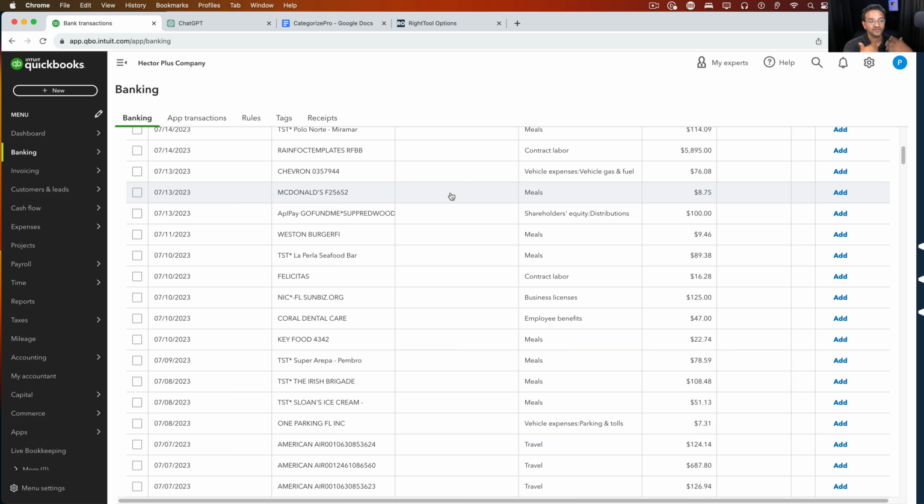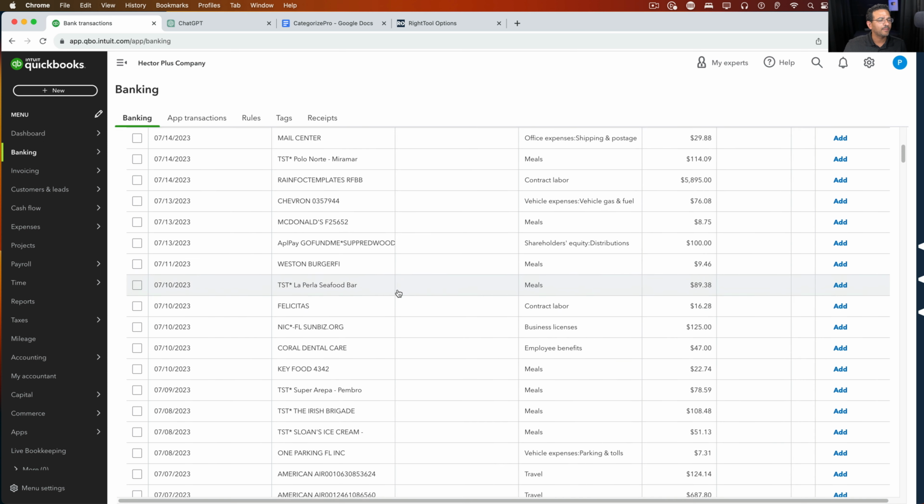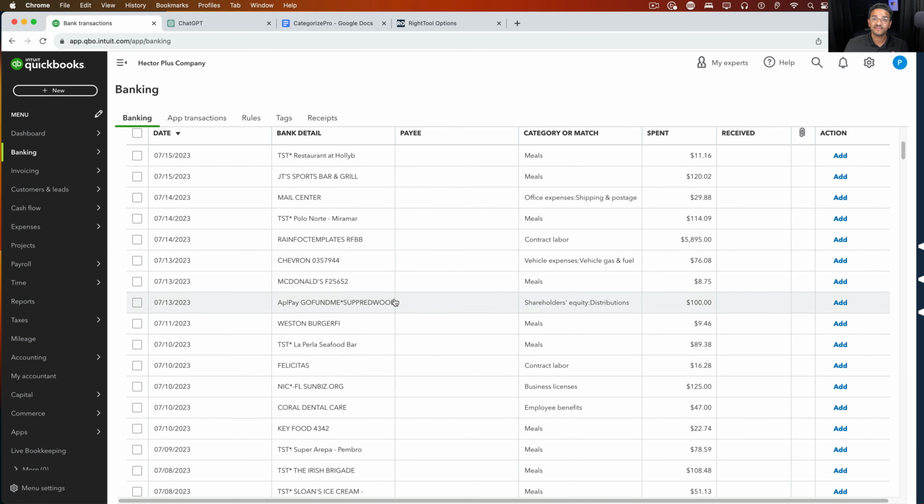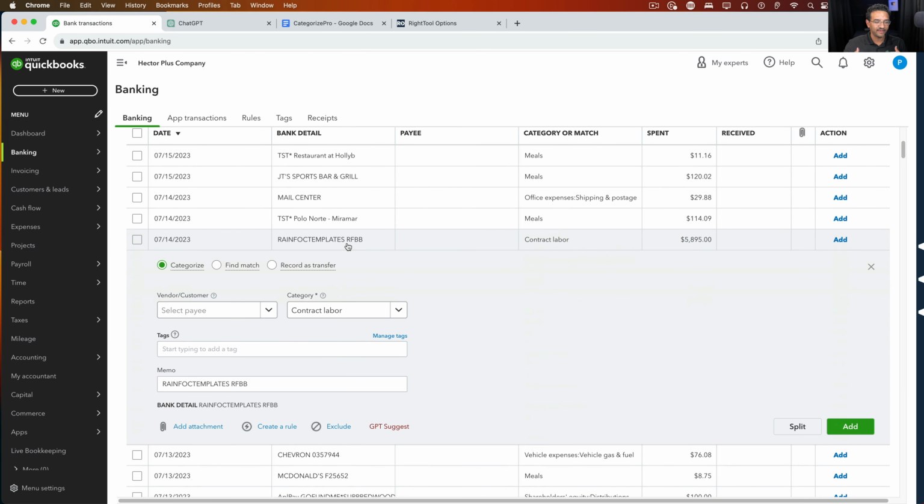I mean, the people will start just trusting what these systems do. So I just gave you those two examples of something that I think already was accurate, so I don't need to go too much into detail. But I want to look at something that I know is not accurate. So I want to check to see what alternatives do I have. QuickBooks suggested something. I don't think it's right. What alternatives do I have?